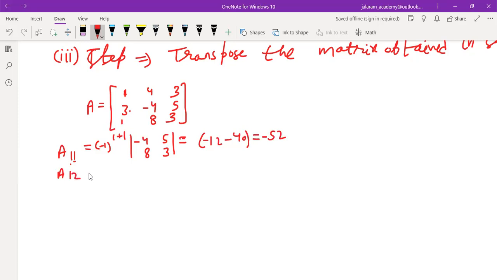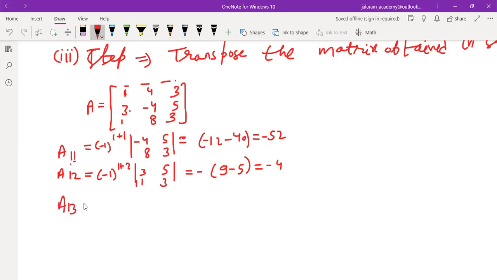Then we find the cofactor of first row second column, minus 1 to the power 1 plus 2, which is obtained by deleting the first row and second column. First column is 3, 1, second column is 5, 3. Minus sign will be written, then 3 3s are 9, minus 5 equals minus 4. Let's check. A12 means the determinant obtained by deleting first row, second column, 3, 1, 5, 3. So minus 1 to the power 1 plus 2 will be multiplied to this determinant. 3 3s are 9 minus 5, 4.